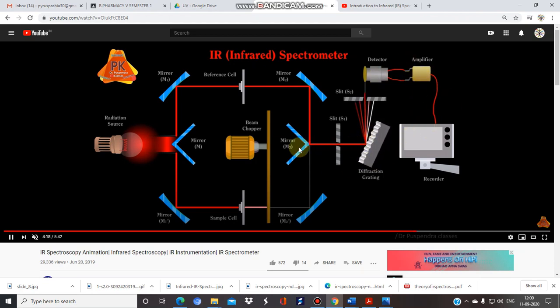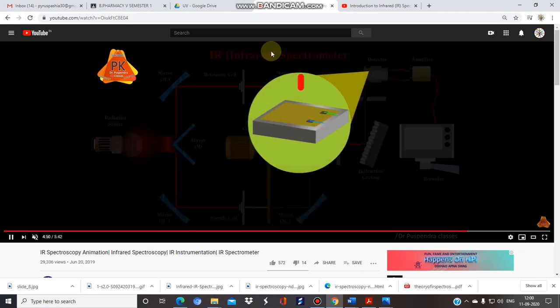For the particular signal after the amplification process. So in this way, first the reference infrared radiation goes inside the detector, and then the beam chopper will allow the sample cell infrared radiation towards the detector. So it will give us both signals, first the reference and then the sample. In this way it will work. It will first block one beam and the other goes inside the detector, and alternatively it will block the other. So in this way it will work and further amplify the signal, and finally we can determine our graph